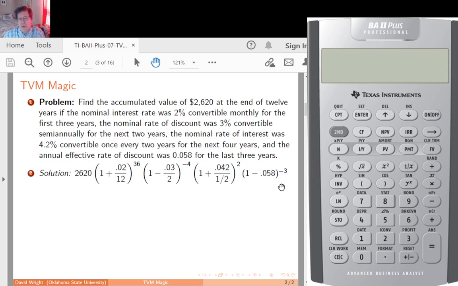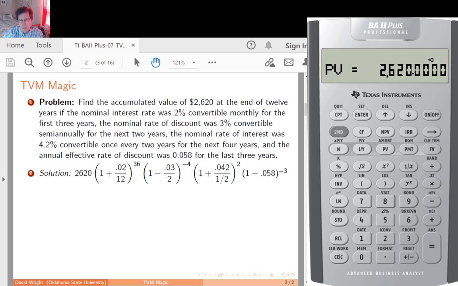So here's how we're going to do it with the TVM. We're going to work it out phase by phase here. So let me turn my calculator on. And the first one, 2620, is the present value. So I'm going to put in 2620, and I'll just put it in as positive. So we have to do a couple of phases here. And the first phase is